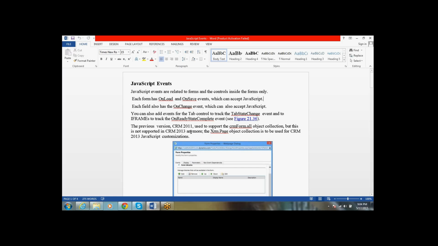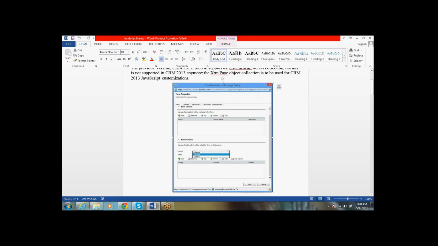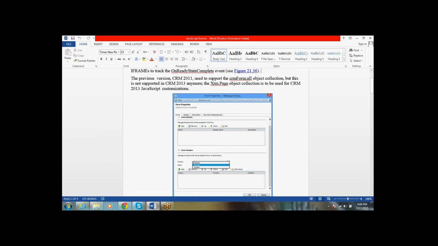Earlier, in CRM 4.0, we used crmForm.all for retrieving all the fields. In CRM 2011 and 2013 we are using Xrm.Page.object. Xrm.Page will be used for all the JavaScript customizations.